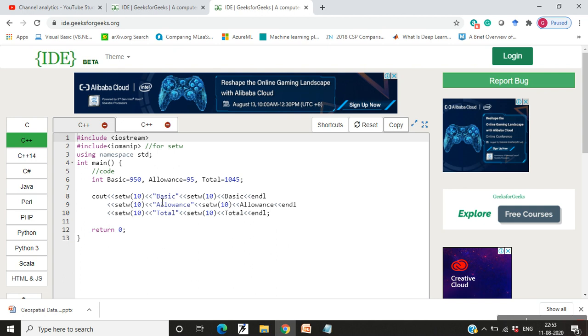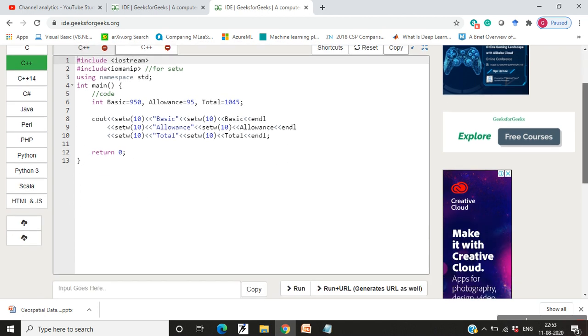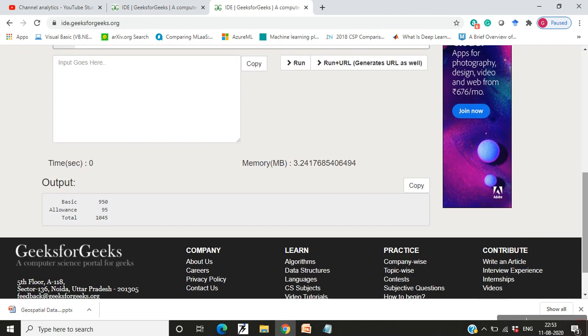When I write basic, then again setw 10 and output the value of it, that is 950, the width of the output will be taken as 10 characters.